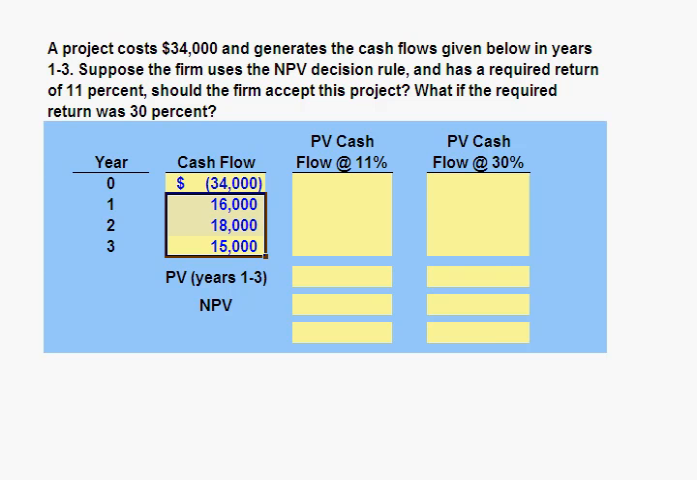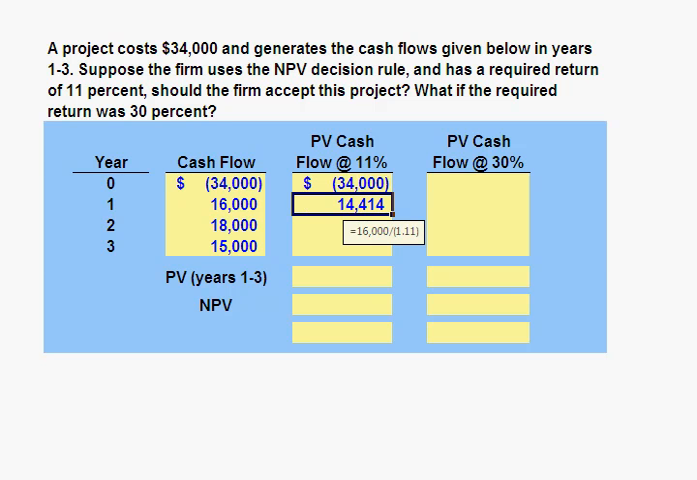Let's first consider the case where the required rate of return is 11%. Our first step is to find the present value of each of the cash flows. The time zero cash flow of $34,000, the project cost, has a present value of $34,000. The year 1 cash flow of $16,000 needs to be discounted back at 11% for 1 year and has a present value of